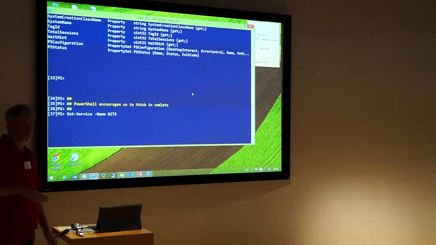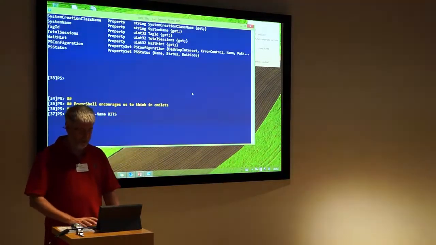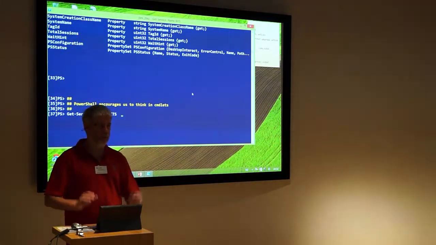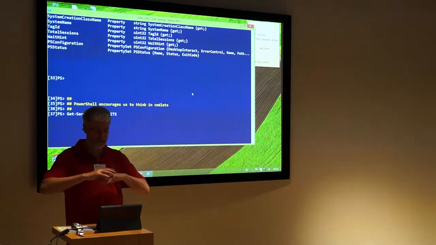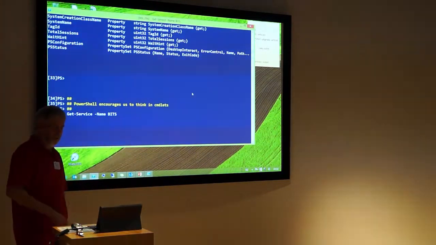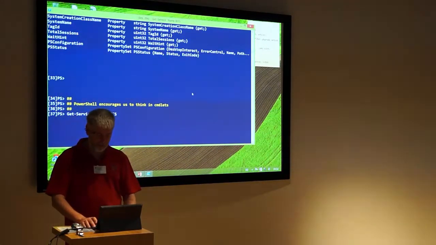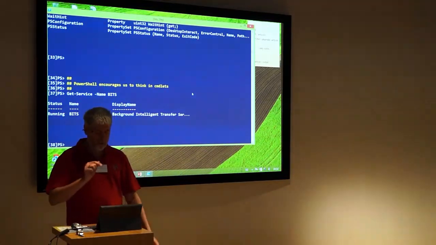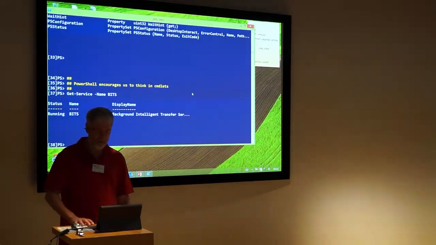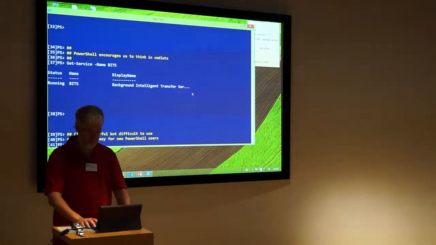So using CIM cmdlets and the WMI cmdlets in this way is all great, but PowerShell really encourages us to think in cmdlets, especially for people coming into it new. It's the bit that we always talk about: this is how you do something. You Get-Service, or you Get-Process, or you run Remove-Item, or whatever. It's all cmdlet based. So using something like Get-Service and the Name parameter is much easier than using WMI. So it'd be nice if we could have the same sort of